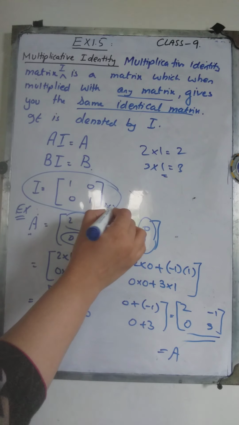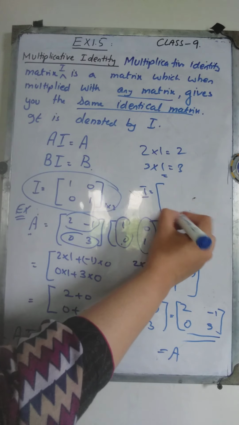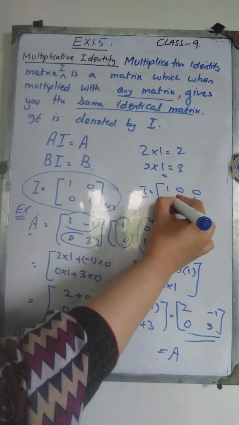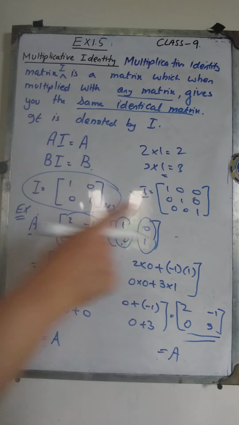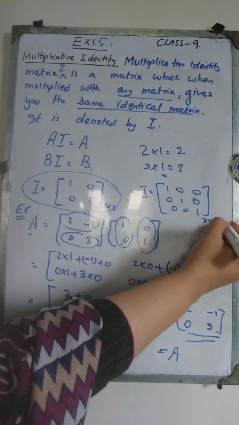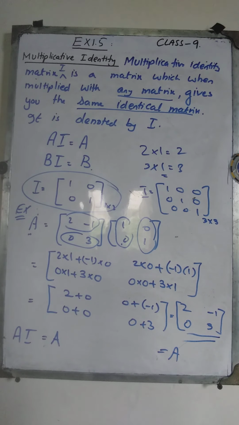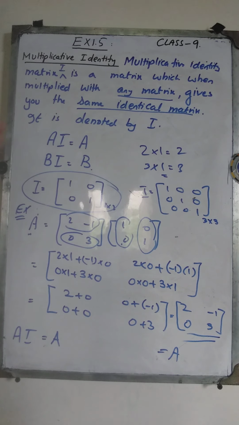Okay, it is a 2 by 2 identity matrix, and the 3 by 3 identity matrix will be 1 0 0, 0 1 0 and 0 0 1. In the same way, we increase the number of ones in the diagonal if we want 4 by 4 and 5 by 5. But today in this book we are going to learn about the 2 by 2 identity matrices only. Okay, this is what we need. So this is the property of multiplicative identity. Now let's move forward.